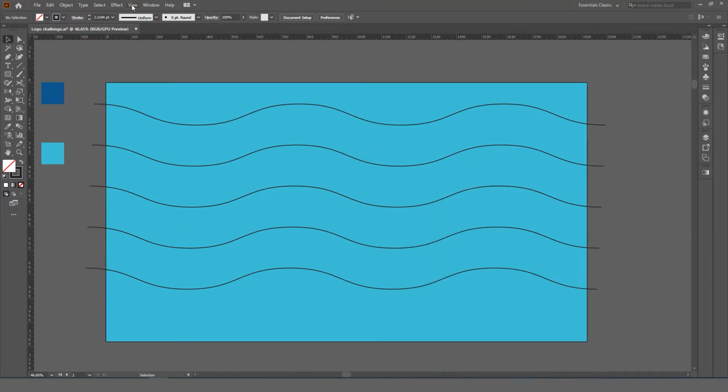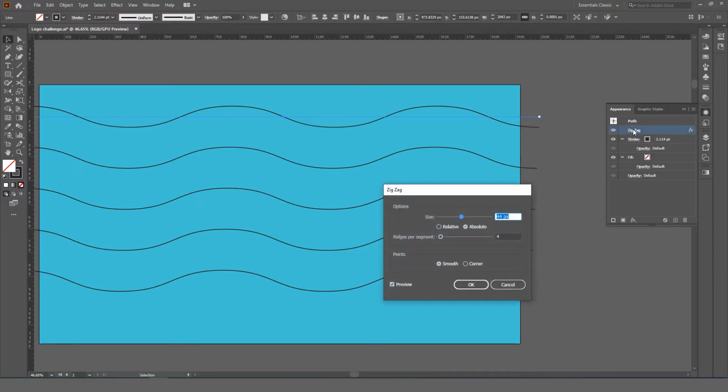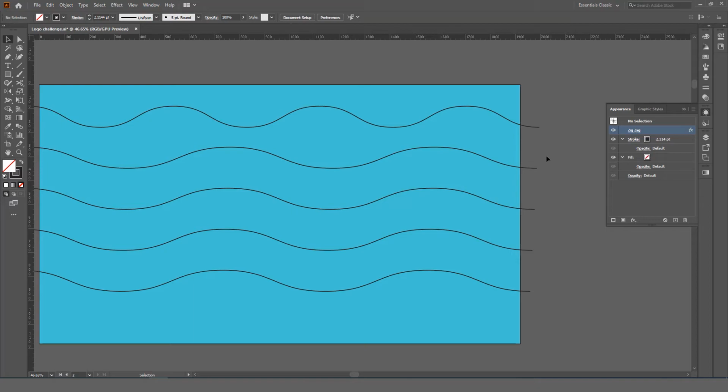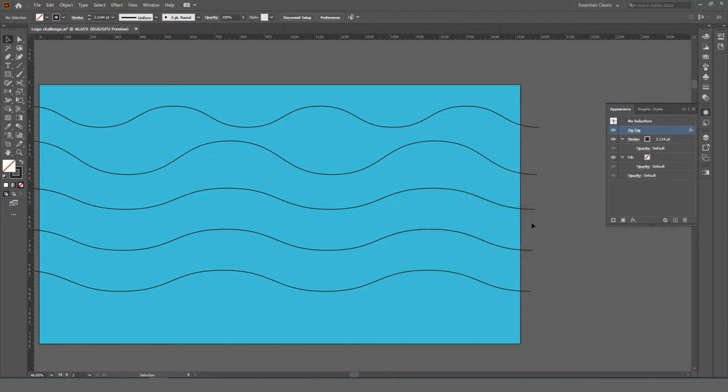Okay, now go to Window, Appearance, a new dialog box will open. Now select the first one, click on the name to edit the zigzag effect. So you can just do it like this. Select the second one, zigzag, like this. Select the third, click on zigzag,